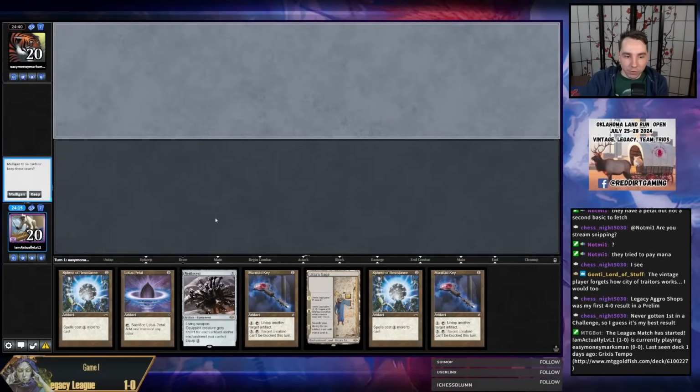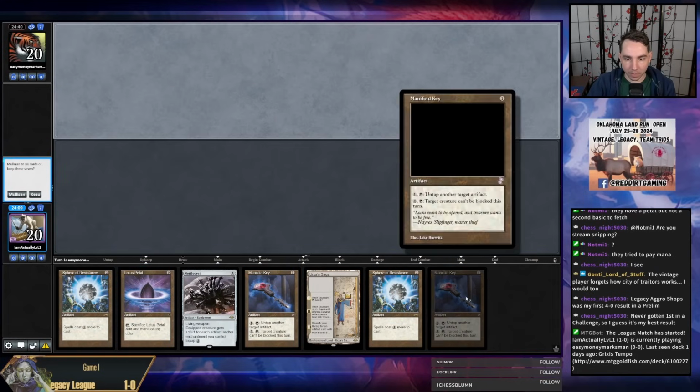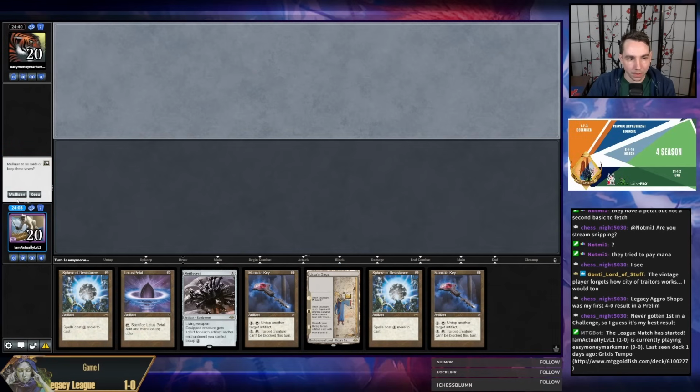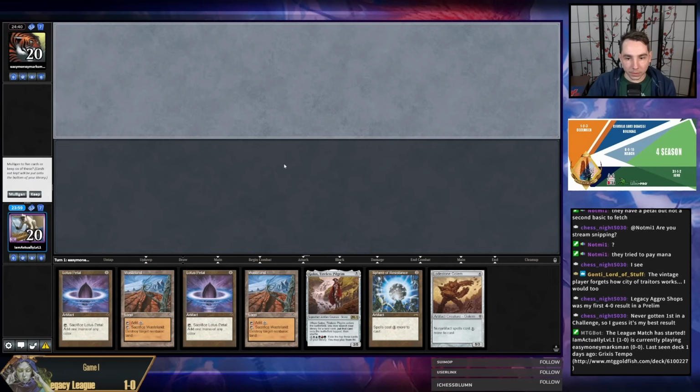All right, Legacy round 2. What do we got? What do we got? We do not have enough mana in this hand, right? This hand has to be a mulligan. Just not enough mana. Let's try mulliganing for mana here. That is not that much better, but